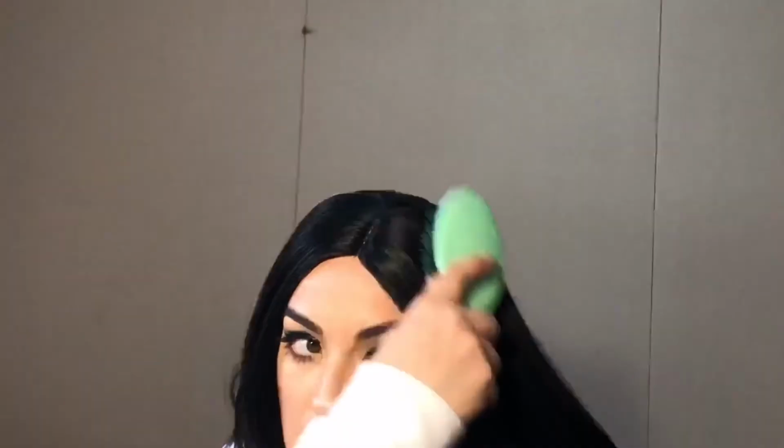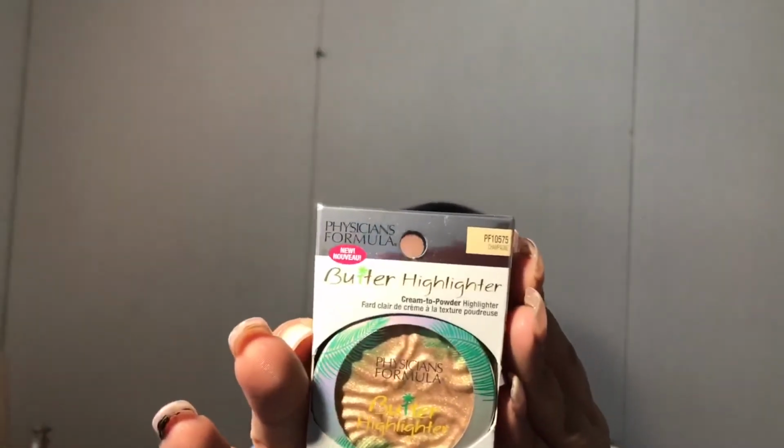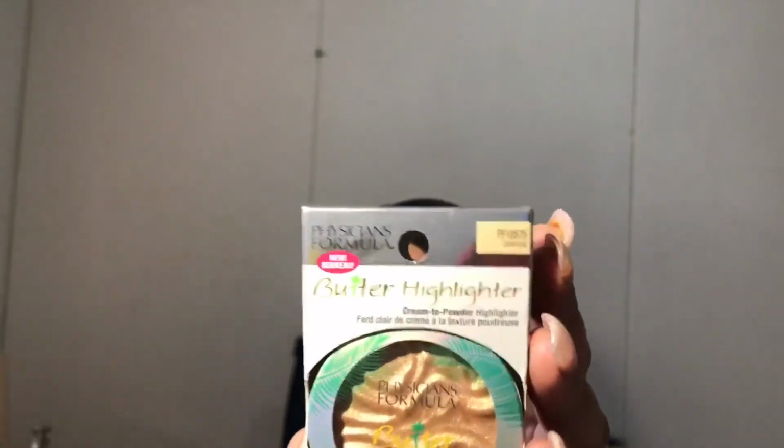So I had to go and pick up the, hold on guys, because this is where it's got to be. Guys, I got my hands on the new Physicians Formula Butter Highlighter, Cream to Powder Highlighter, and it is in champagne. I cannot wait to use this, guys, literally. I bought that one, and